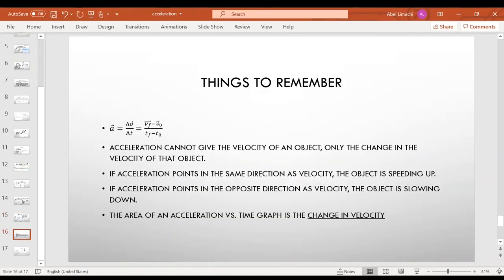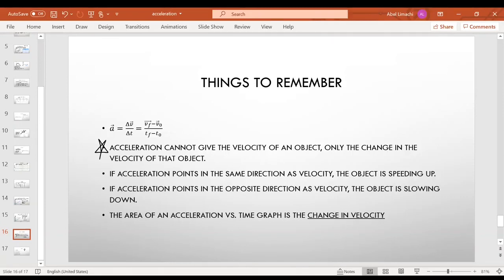Alright, so important things to remember. Acceleration is the delta v over delta t, which can also be rewritten as the velocity final minus the velocity initial over the time final minus the time initial. The acceleration cannot give the velocity of an object, only the change in velocity of that object. Again, this is really important. That's probably one of the most important things that you need to know. You can only get the change in velocity